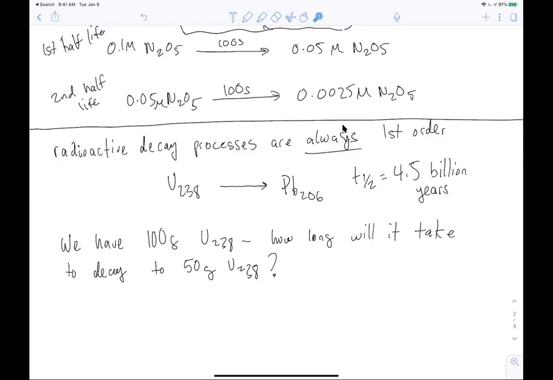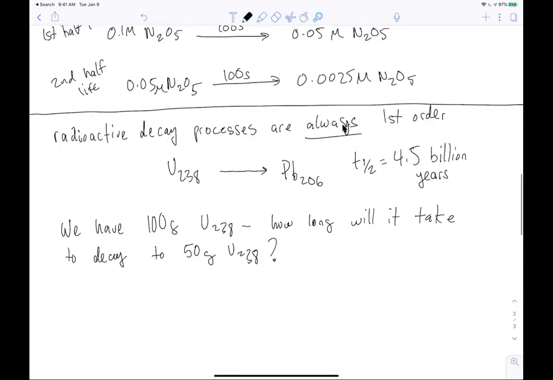So this is kind of how the radioactive decay problems look. There's a million different ways you could ask these types of things, but ultimately they just fall back on this idea of using first order reaction stuff. You could also ask, what is K